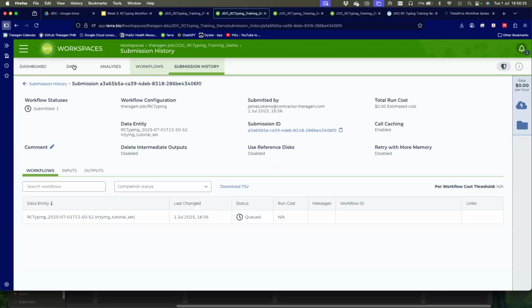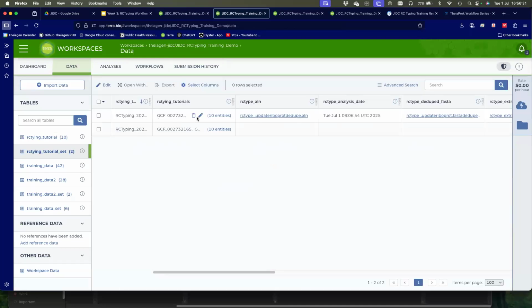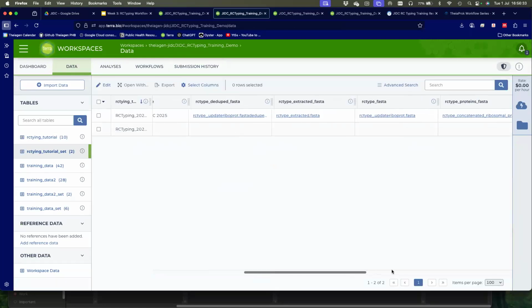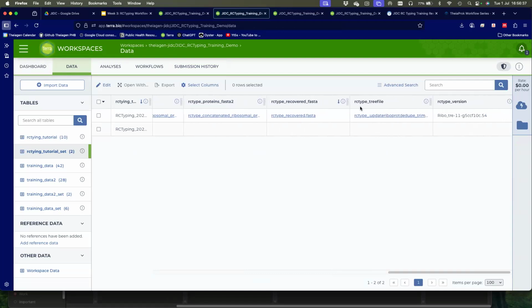And once this runs to completion, you come to the set level workflow here. In my case, I'd run this before, and you should find a tree, RC type underscore tree file. So again, remember that because this is a set level workflow, the data results is populated on the set level data table instead of the sample level. So if you download this,